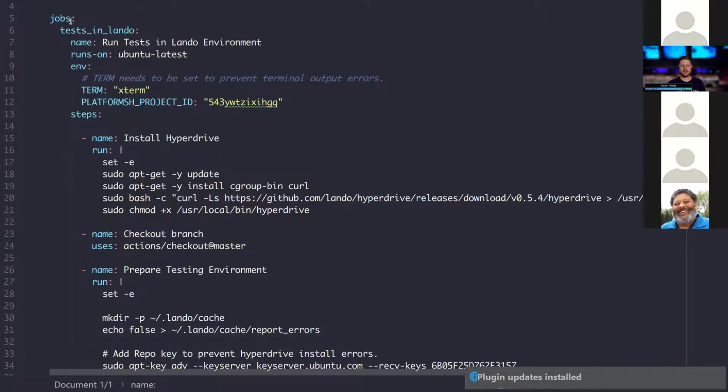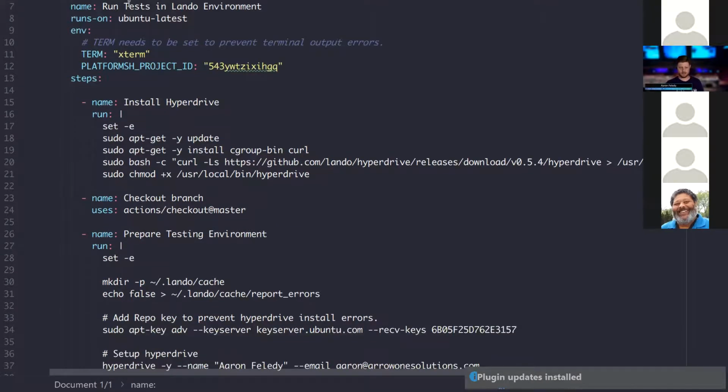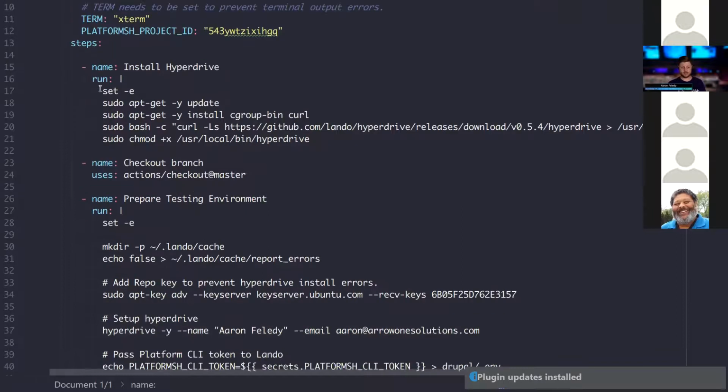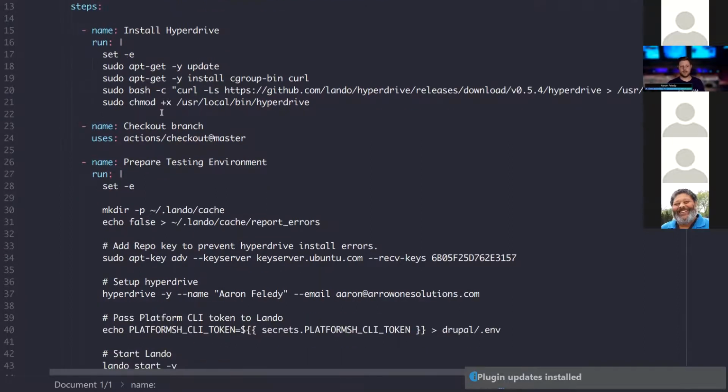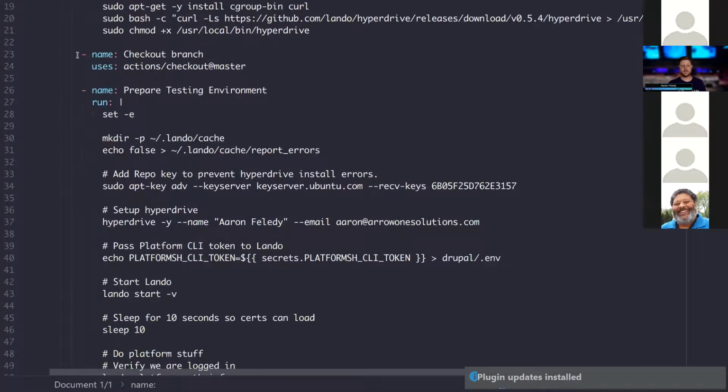And what we've done here is we've defined this as tests in Lando. So what we're doing here is telling GitHub about the type of environment essentially that Lando needs to run in. And then we're using Hyperdrive. Hyperdrive is available on Lando's GitHub, it's one of the other projects, github.com/lando/hyperdrive. And we're saying, okay, download Hyperdrive, install Hyperdrive, check out the master branch of our project,